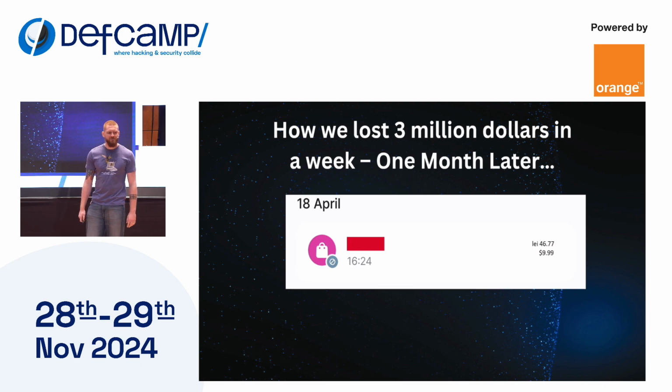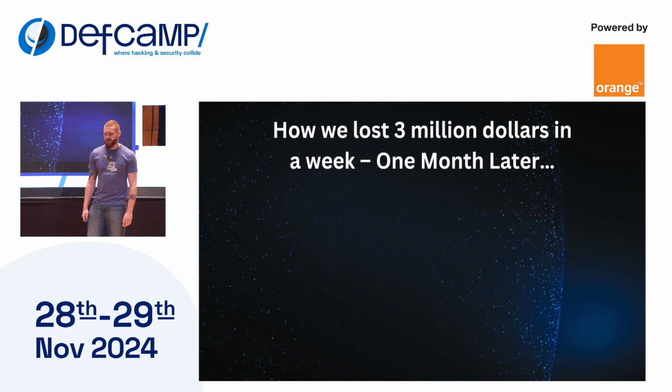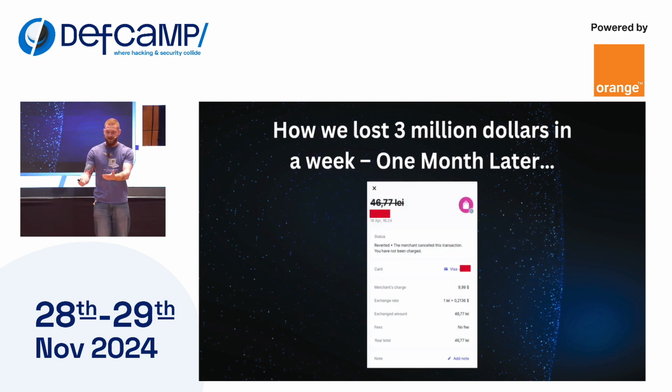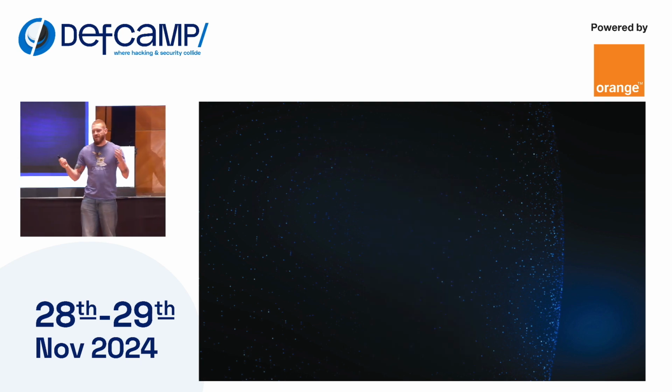So I thought, okay, let me try that API key again, and let's see if it still works. And guess what? It worked. And I triggered another refund. So now think about our disappointment now, when 1 month later, the keys were still valid. Did they actually understand the impact? I have no idea. Well, moving on.